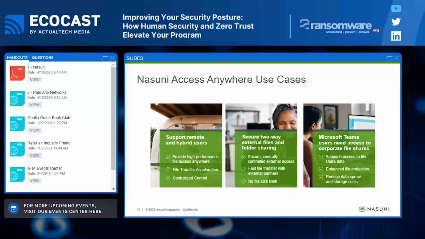It offers high-performance VPN-less file share access for these remote and hybrid users, integrates the organization's file shares from their Nasuni files with collaboration tools like Microsoft Teams, so you can access all your files on these collaboration tools, and provides productivity tools such as desktop sync and external file and folder sharing to enhance productivity and provide access to all of your files, could be petabytes of data on Nasuni, seamlessly from anywhere on any device.